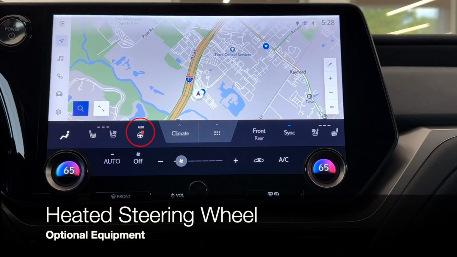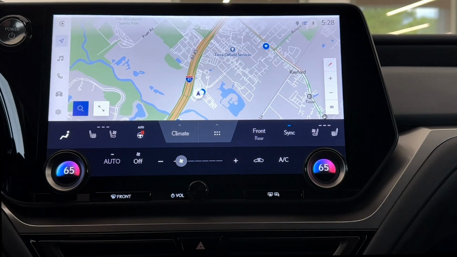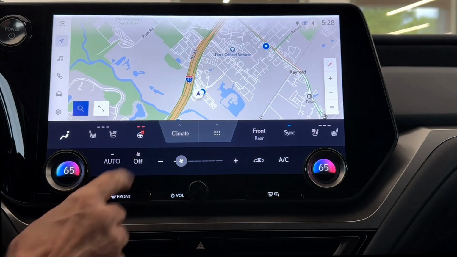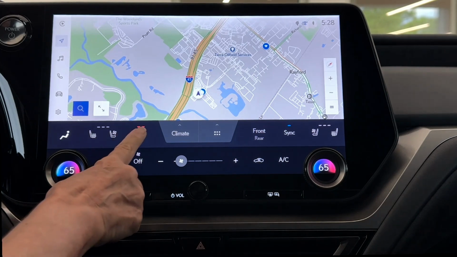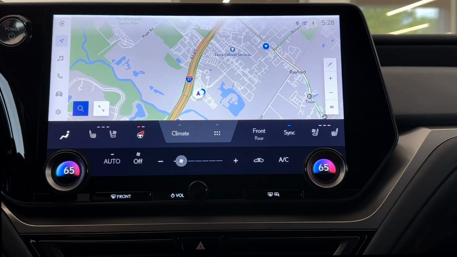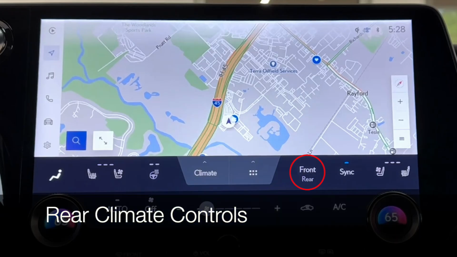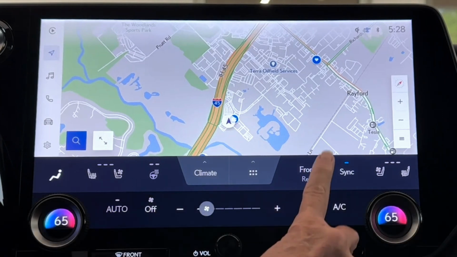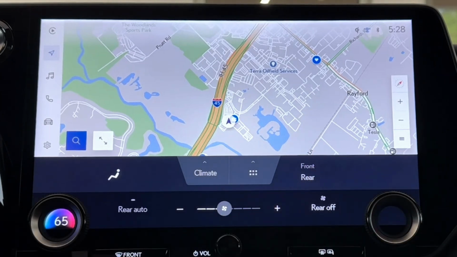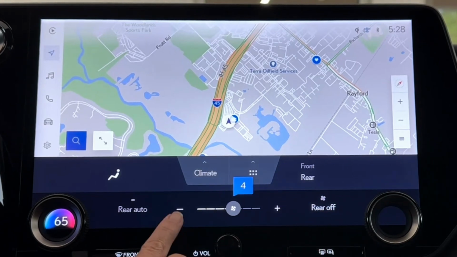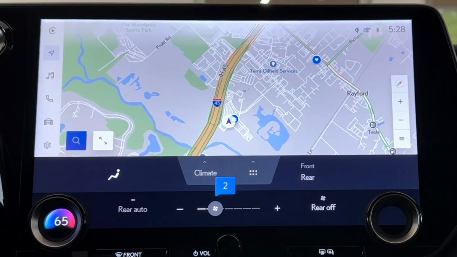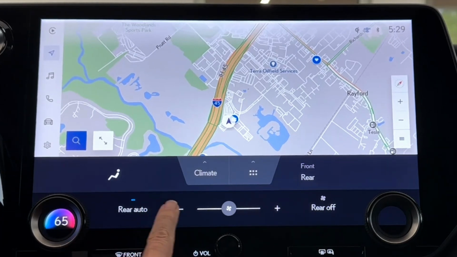The heated steering wheel operates in a similar way. The first press turns on auto, the second press will be high, then click again for low, and again for off. With rear cabin climate, you'll be able to choose rear. You can turn the rear system off, increase or decrease fan speed, set the rear fan to auto, and again you'll get that solid white line,